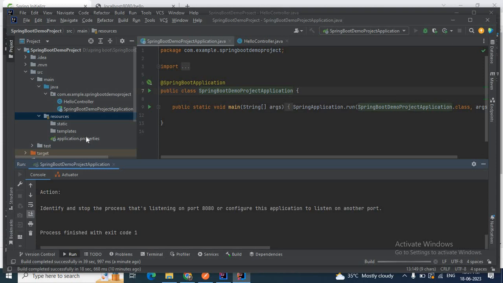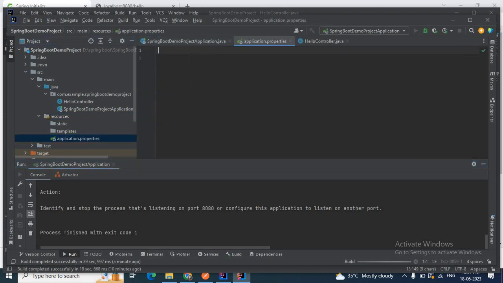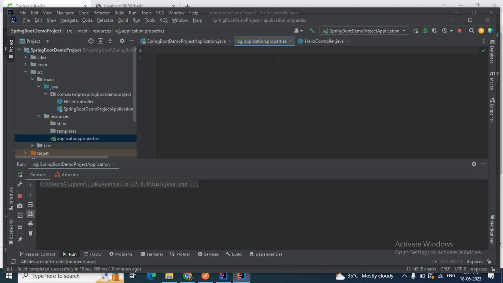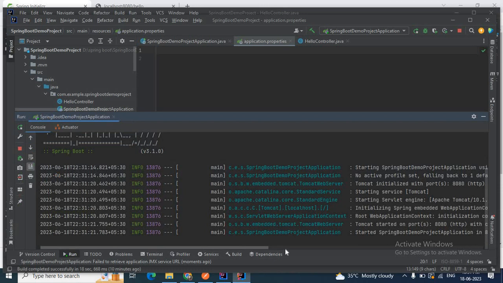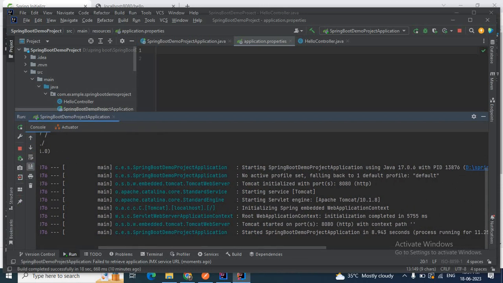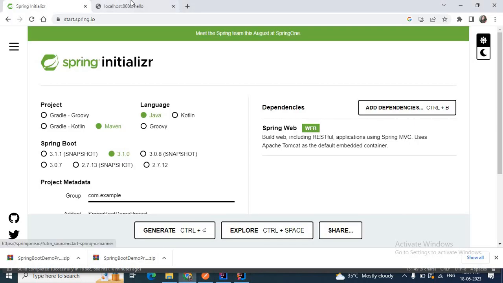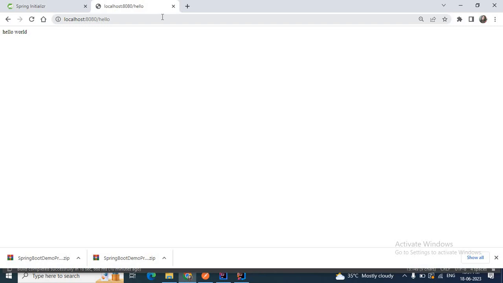You can do this, or in the application.properties file, you can simply change your server port from the default to any port: server.port equals anything you can give. Okay, see now, my application started on port 8080. Let me go to my browser again and hit this endpoint, as we have given the same endpoint here also. So Hello World is written here.